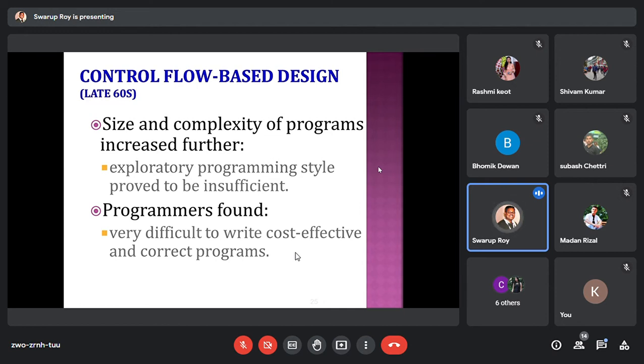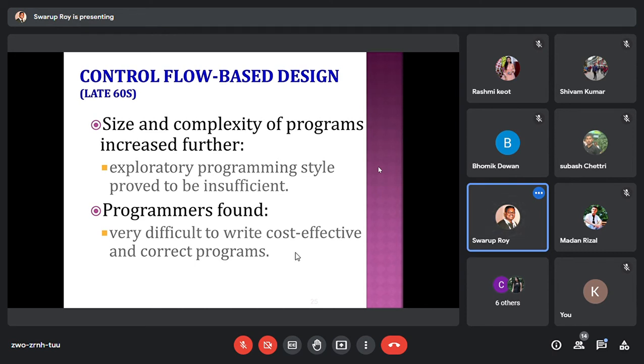If you bring more complexity into your product or program, naturally the exploratory programming style will not be very effective at all. If it were exploratory programming, with something like Google Map, you could not depend on that particular product, because it's very risky. Instead of showing the road, it might take you to the river, and you would end up near the river. So this kind of exploratory programming style will not be applicable in such complex program development or software product development.